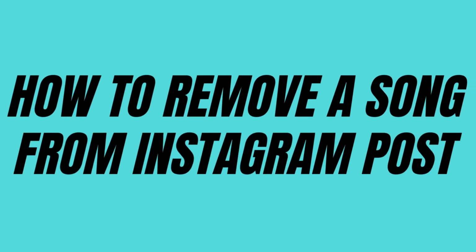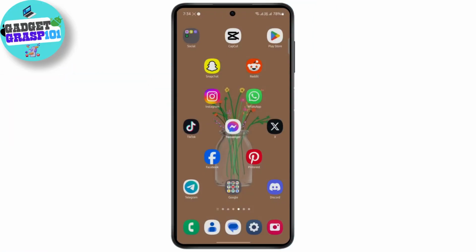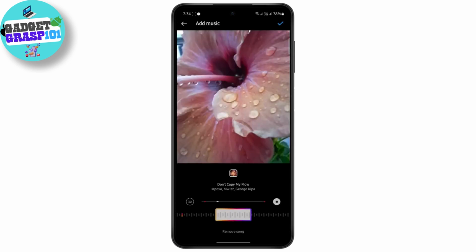How to remove a song from your Instagram post. So first of all, open your Instagram and go to change your music. And if this is a photo or anything that you're about to post, then you can tap on the music, and then